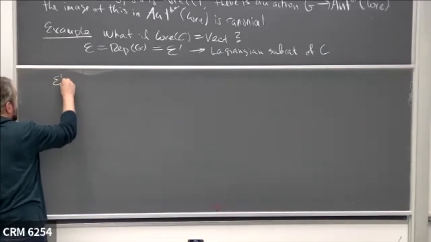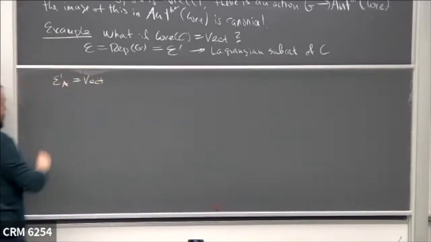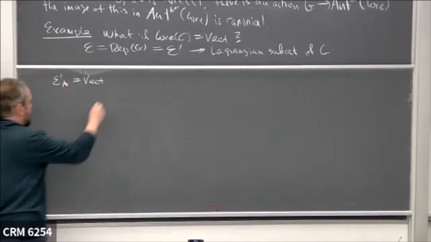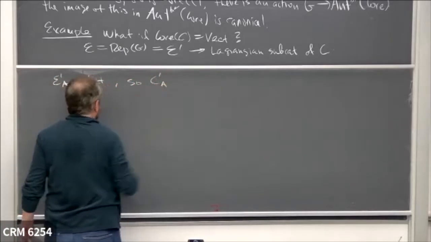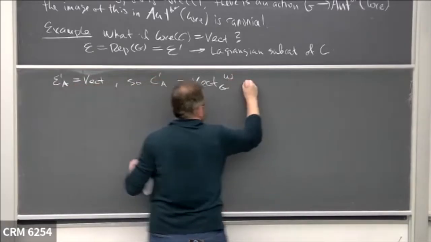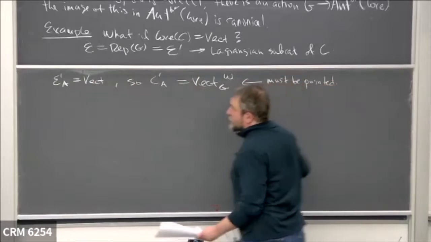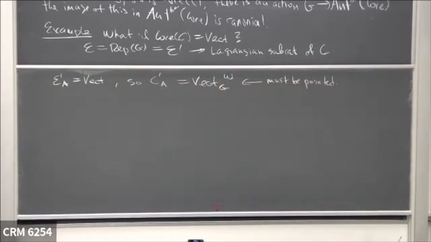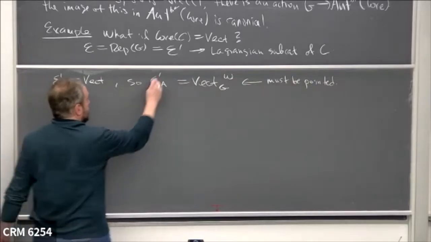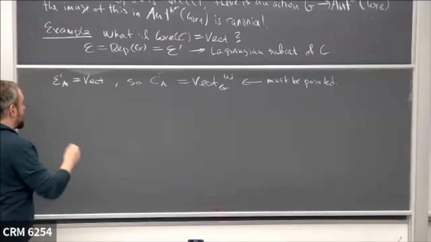Now in this case, E prime A is trivial, but remember this is the trivial component of the graded category. So C prime A is graded, and the trivial component is vector spaces. So it must be pointed, because if one homogeneous component is one-dimensional, so is every other component. So all objects are invertible, and you get a pointed category. And furthermore, the equivariantization of this, there is no prime,